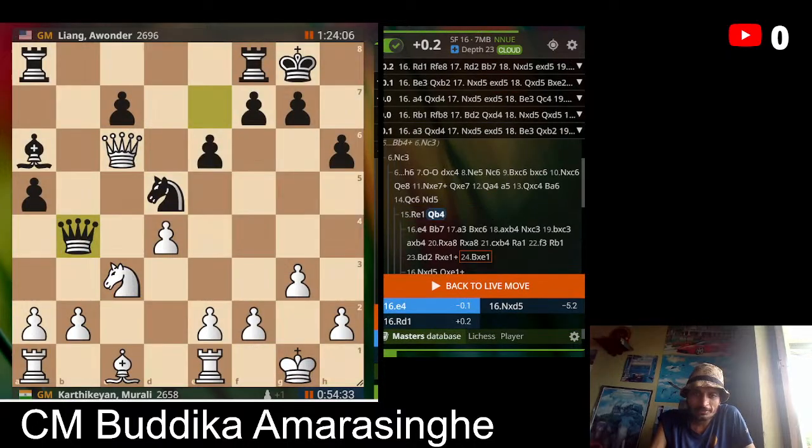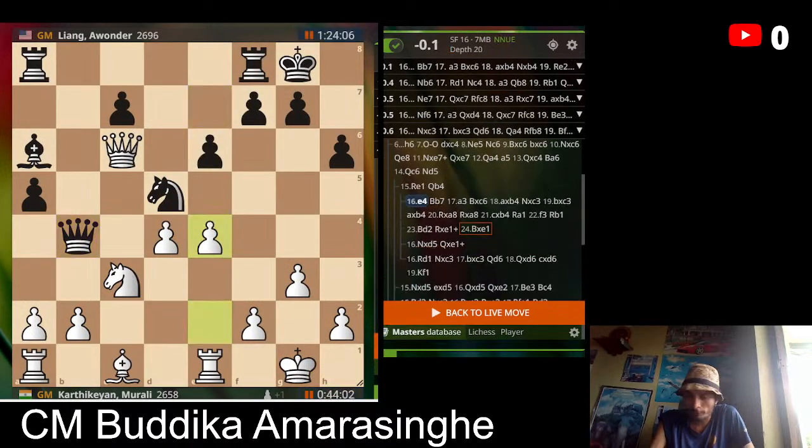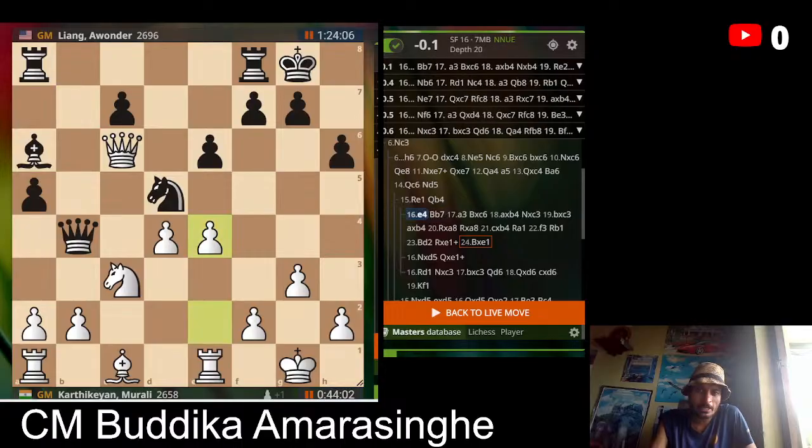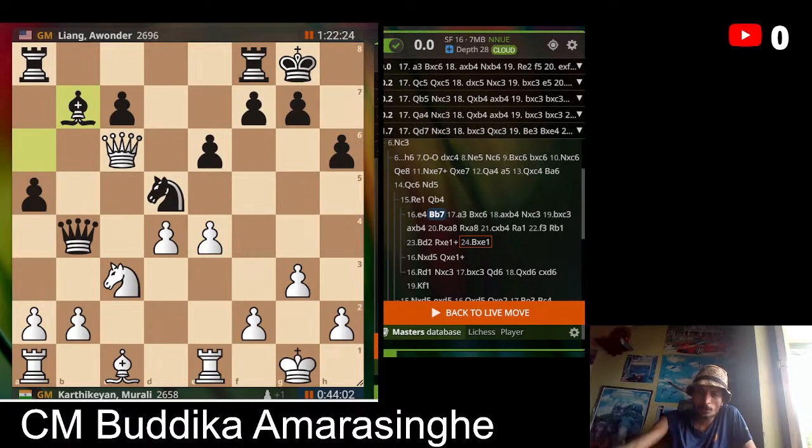But Murali Karthikeyan tries some exciting things. He plays e4. Same idea as before, right? But here there is a very important intermediate move for Vandalian. He plays bishop b7. Yeah, that's a very good move. That's a good move actually. Bishop b7 played, and after that,